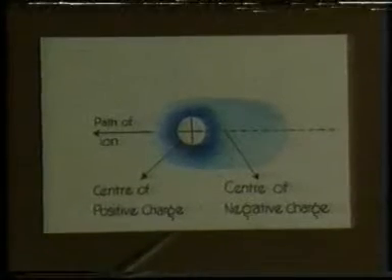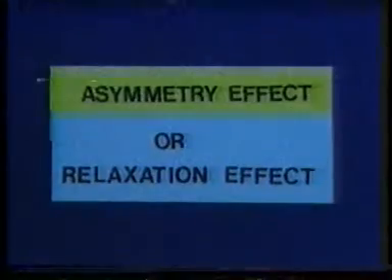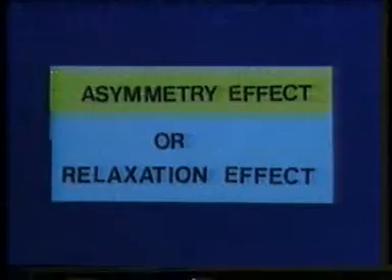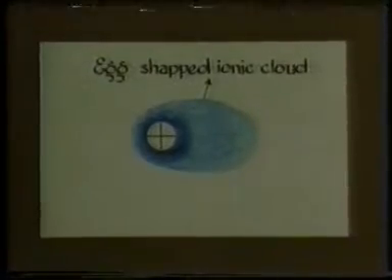The charge on the central ion is equal to the charge on the ionic atmosphere with opposite sign. A positively charged central ion is surrounded by an ionic cloud of negative charge. A negatively charged central ion is surrounded by a positively charged ionic cloud. In the absence of a driving force or external EMF, the ionic cloud is spherically symmetrical around the central ion.